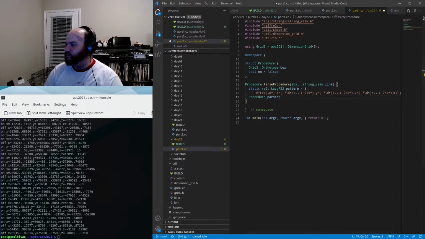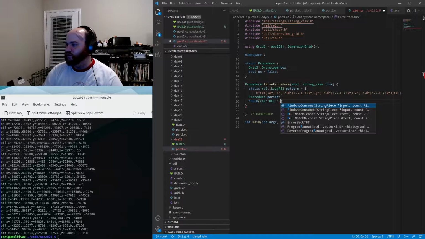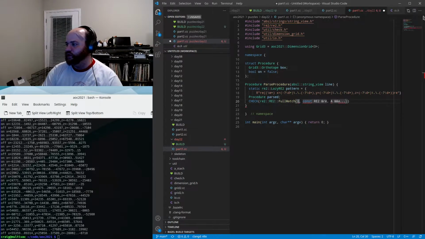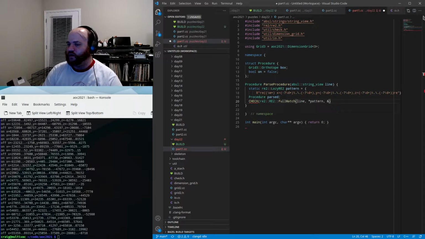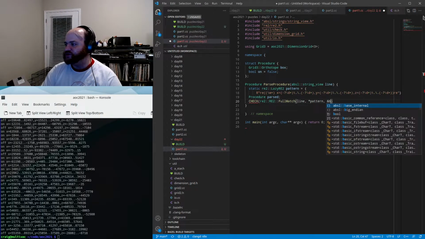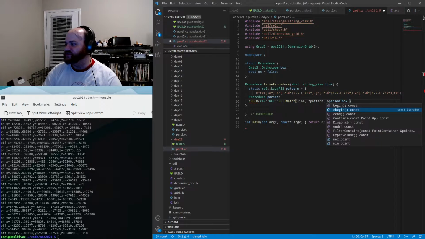Format that more nicely. So we'll check RE2 full match, that line, that pattern, and this box here is going to have min and max points in it. So we'll say box parsed dot box dot